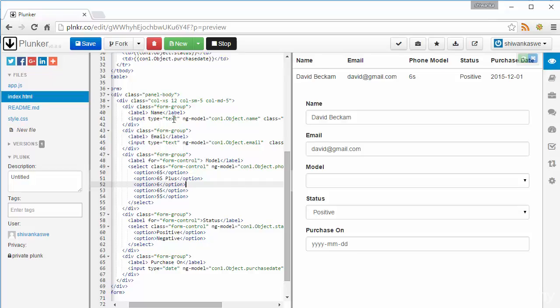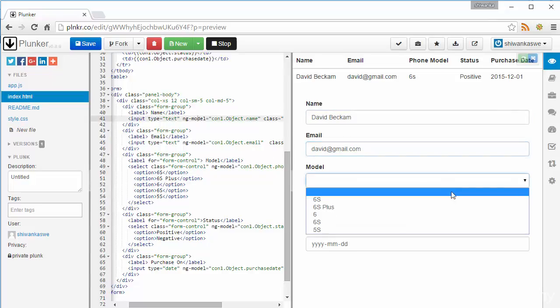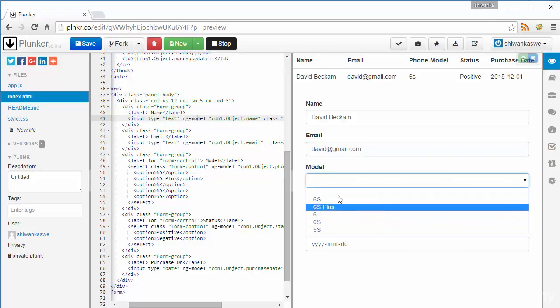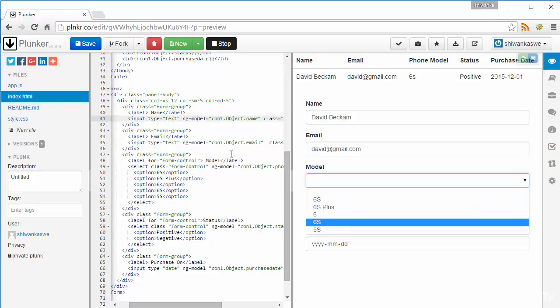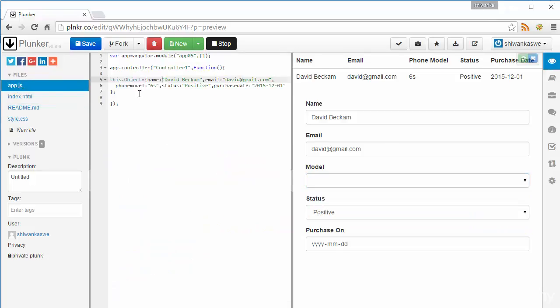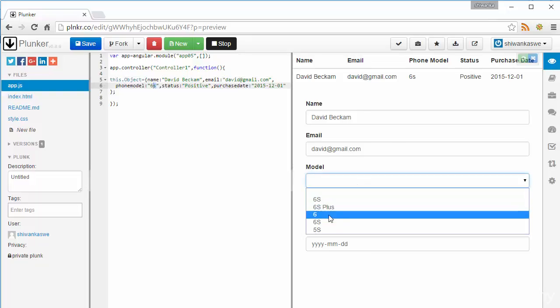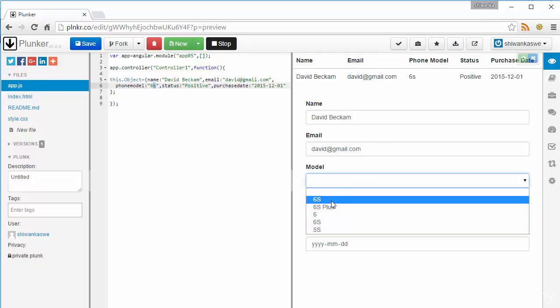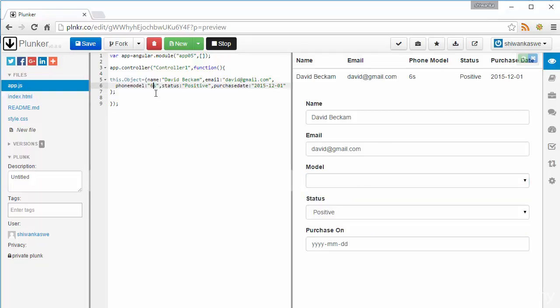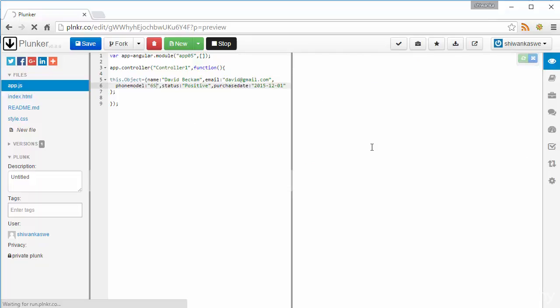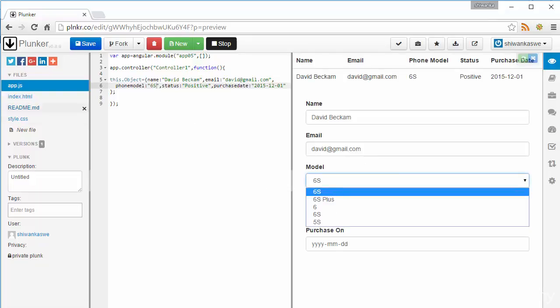You can see name is bound, email is bound, model is not bound. We will check. We will check in the script file. Yes, the script file has a lowercase s, and the drop down options have an uppercase S. We will change the script file to uppercase S and see. Yes, it binds,